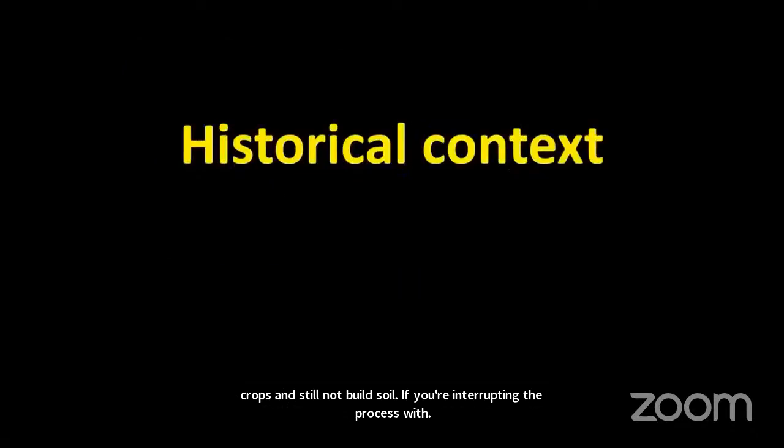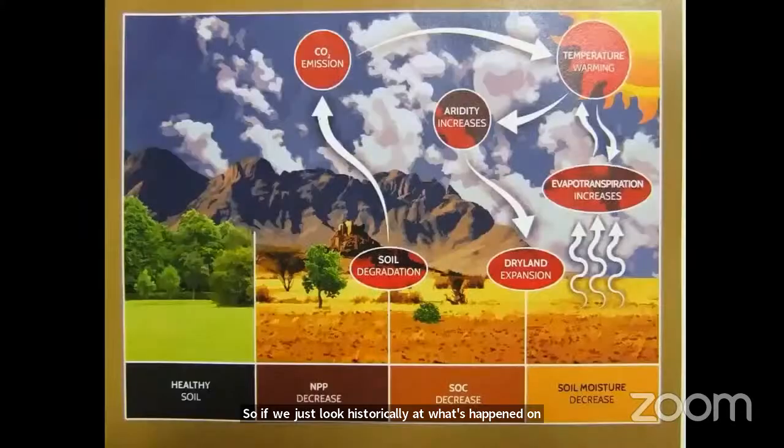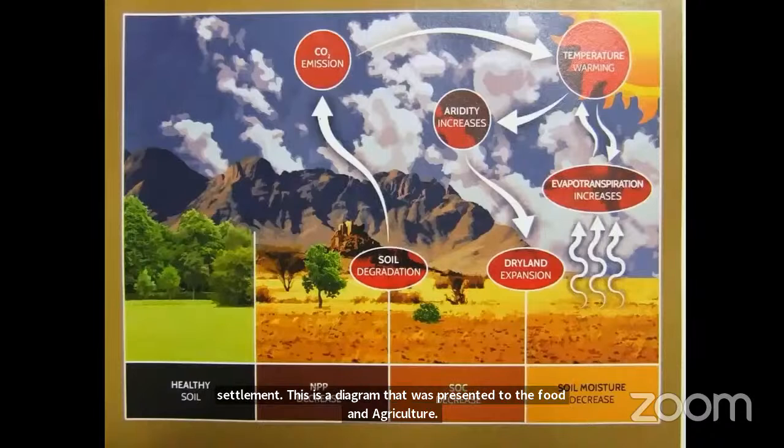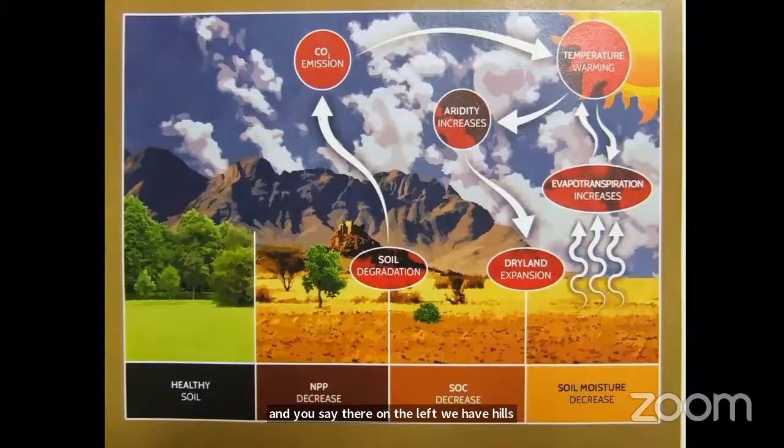So if we just look historically at what's happened on the major continents over time since European settlement, this is a diagram that was presented to the Food and Agriculture Conference in Rome last year, not by me, but it's in one of their publications. And you see there on the left we have healthy soil as it was when the prairies were intact, as it was when our native grasslands were intact in Australia, and the grasslands, the savannas were intact in southern Africa, etc., and the pampas grasslands in Argentina. It's not just the United States, it's around the world. We have seen this change from where the ecosystem was healthy, was functioning, was building topsoil and maintaining topsoil, and